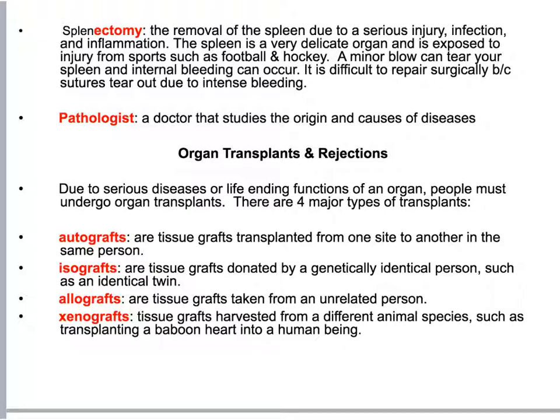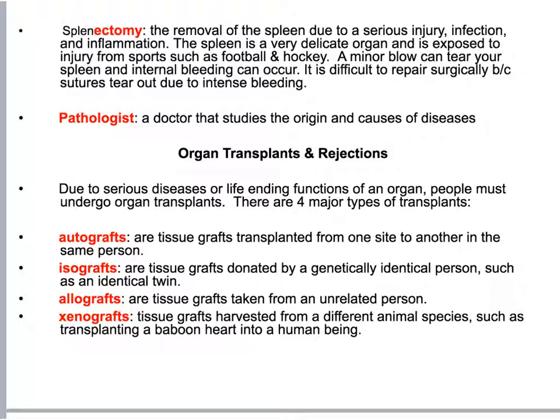A pathologist is a doctor that studies the origin and causes of disease. Now, let's talk about organ transplants and rejections. Due to serious diseases or life-ending functions of an organ, some people undergo organ transplants, and there are 4 major